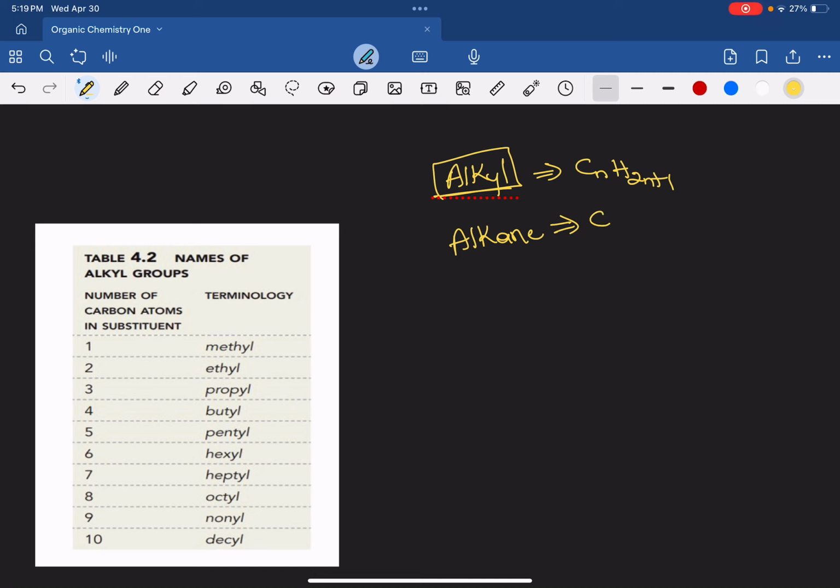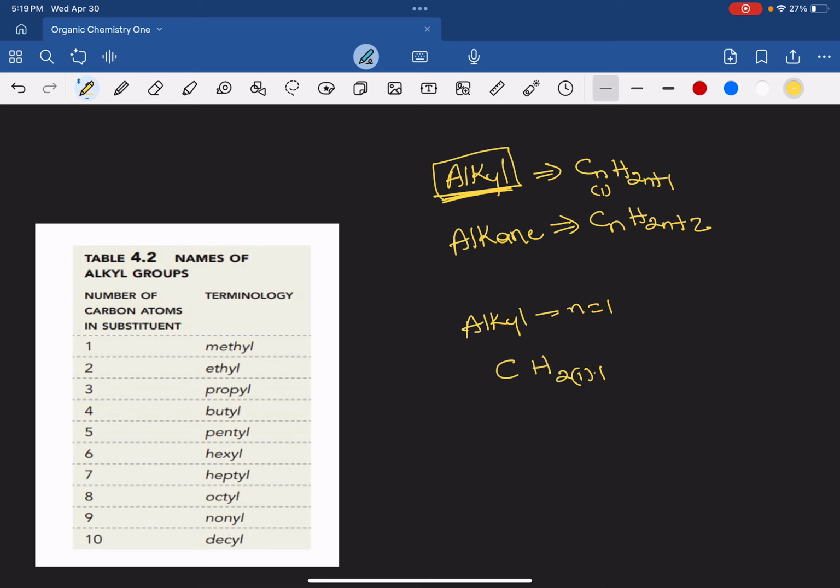Your alkane molecular formula is CnH2n plus 2, right? So if we have an alkyl that has one carbon, where N is 1, so it's only one carbon,